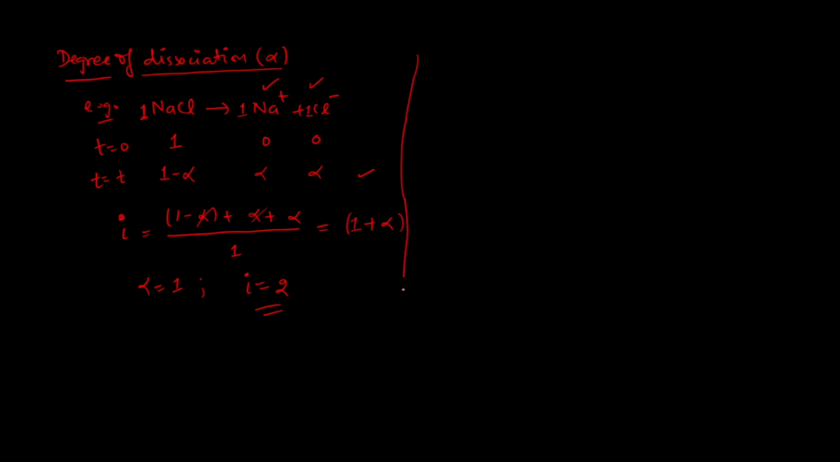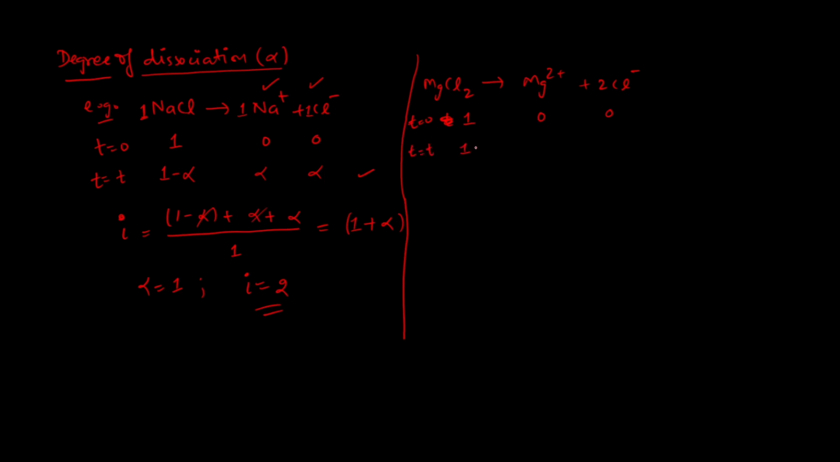Similarly, I can take one more example of any other AX2 type salt. If I take MgCl2, MgCl2 will break into Mg2+ plus 2Cl-. Again, I'm not writing everything again. At t equal to 0, the concentration of MgCl2 is 1 and it is 0, 0 for the products. At t equal to equilibrium,